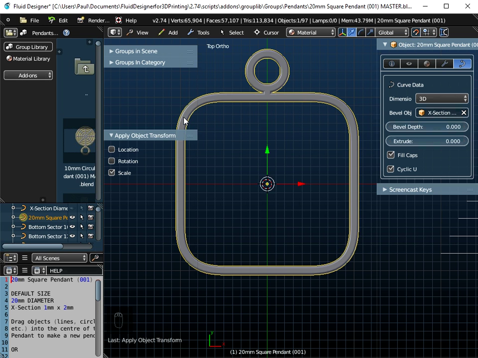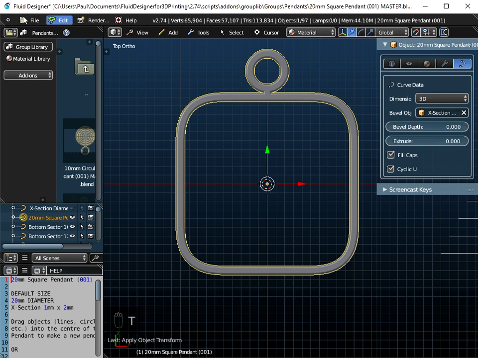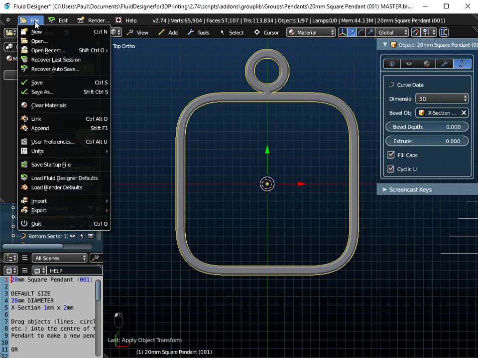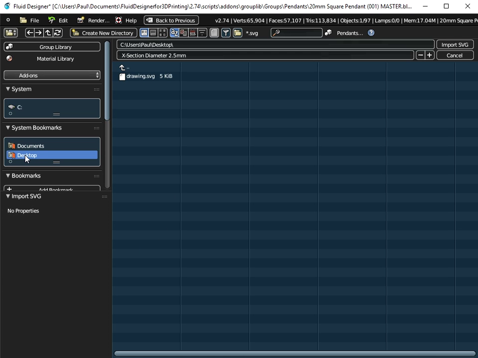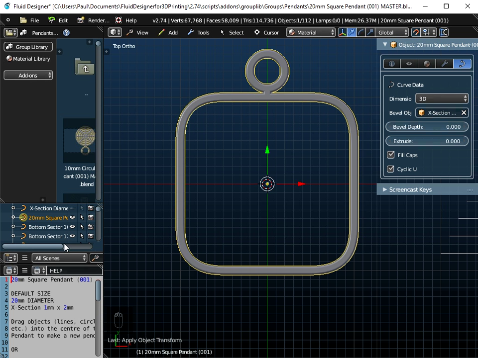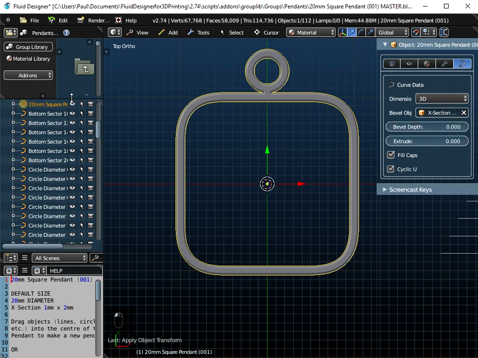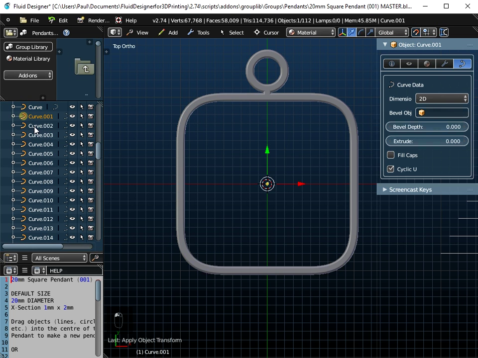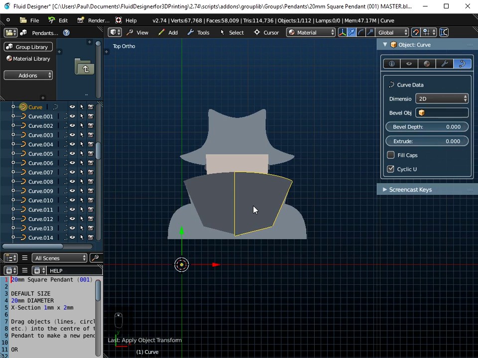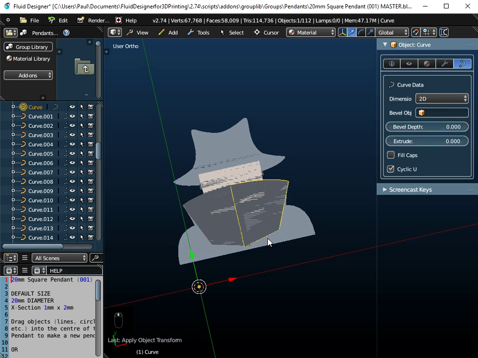So if I switch that toolbox out of the way now, and go to File and Import, I'm going to import the scalable vector graphic that I've just saved from Inkscape. I'm going to import it from the desktop, and it's drawing SVG. Now we can't see very much there. If I open up the panel here, there's a lot of objects on here at the moment, but the Inkscape objects are all called curve. If I go to View and Zoom to Selected and scroll back with the center mouse button, you can see there is my